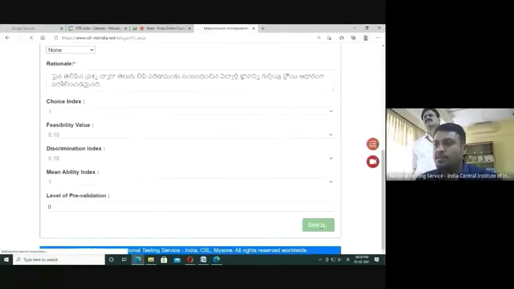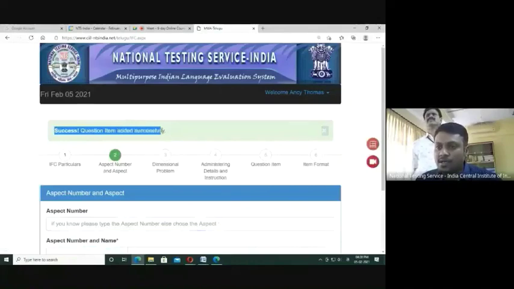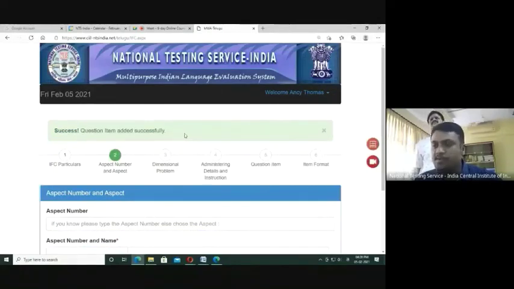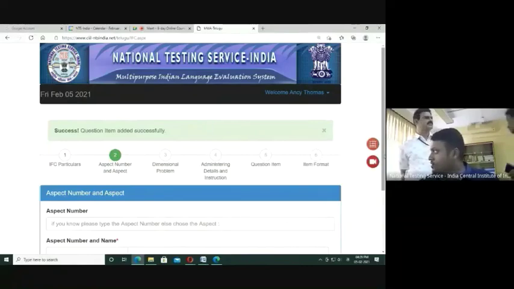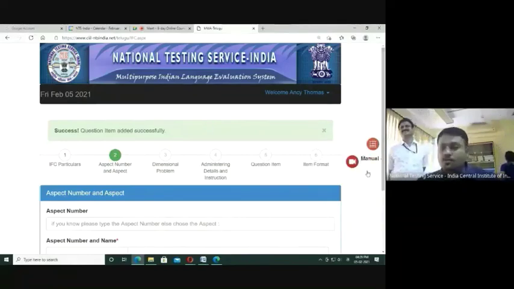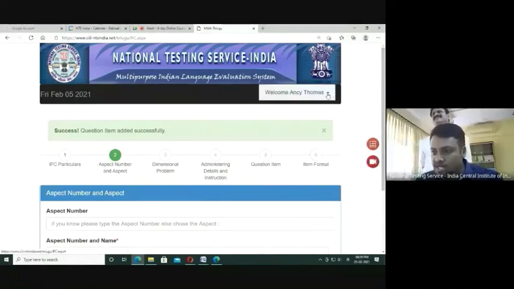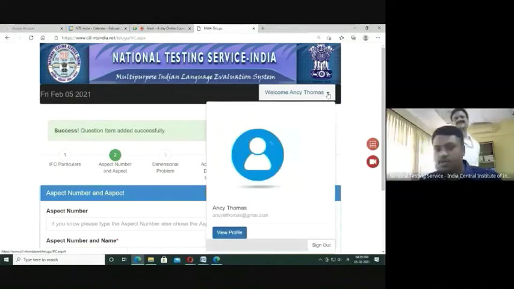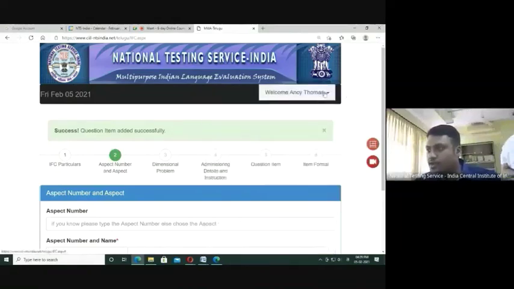So when you click the submit button here, you can see success, question item added successfully. So once the question item is added successfully, you have successfully finished the first question. Okay, the question item is added successfully. So now you want to check the question item. Okay, the question item what you have entered, you want to check it. So you just go here, click the